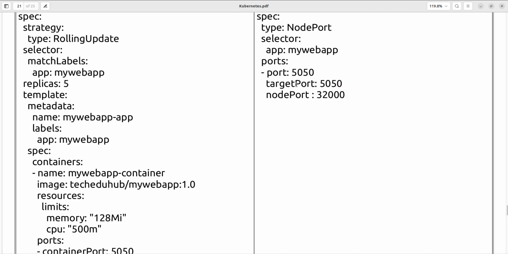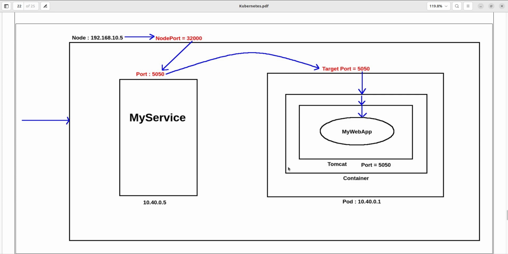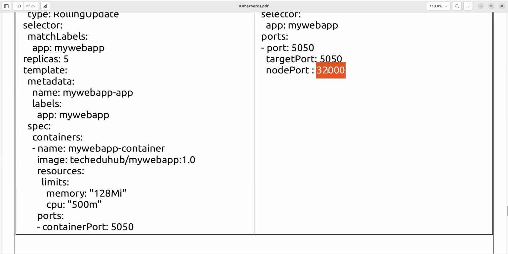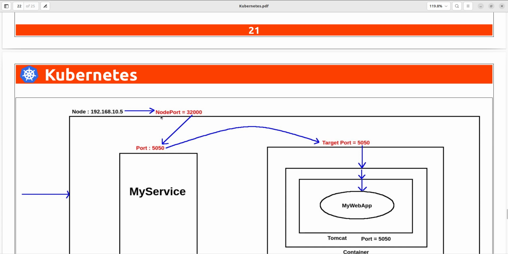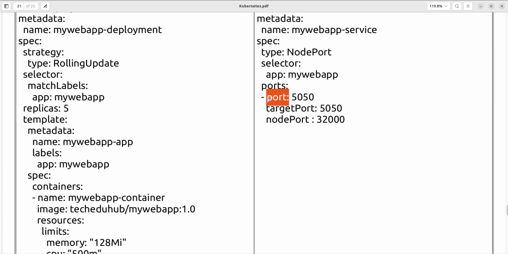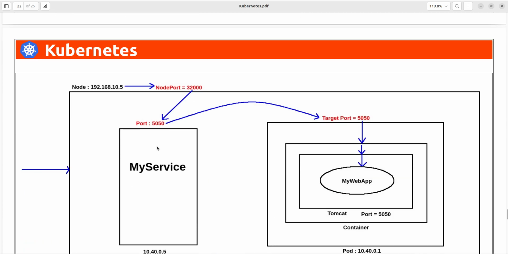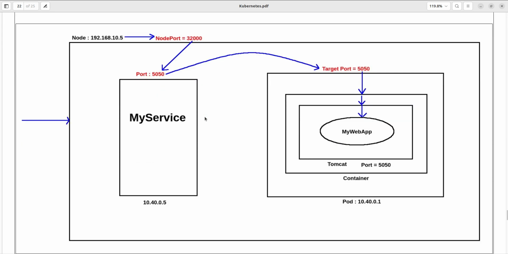Now what are target port and port? From this diagram you can easily understand. This outer box is your node machine. Suppose this is the IP address of the node, 192.168.10.5 or something. For this machine we are giving port 32000. That is the node port. For your node you are occupying some port, and that is nothing but the node port. Next, port. What is port? This port is your service port, because each service also will have a port, so that it will be mapped to